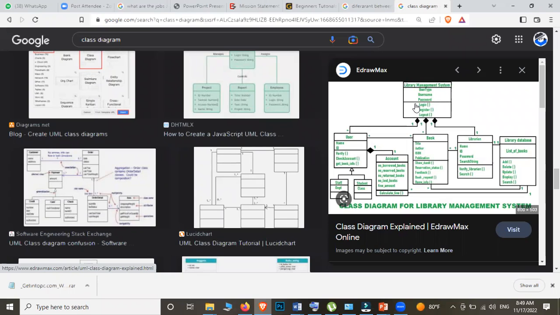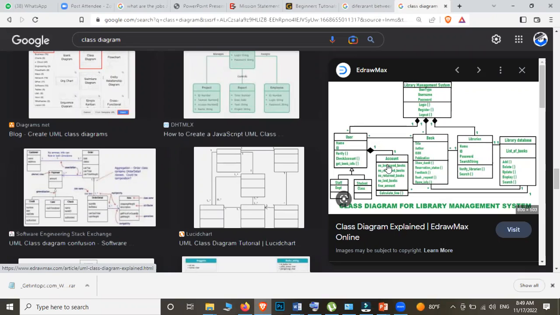And tell me, is there any other composition relationship? Only these three or any other? Yeah. Account, okay? Account is fully dependent on user. Without the user, no point of having the account class. නේද? account එකක් තියනවා නම් user කෙනෙකුට තමයි account එකක් තියෙන්න ඕනේ.